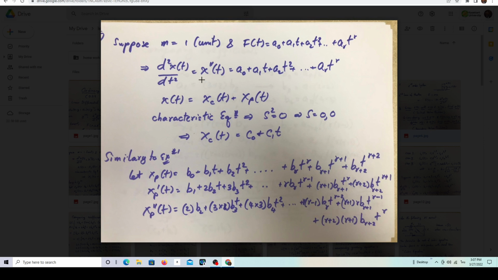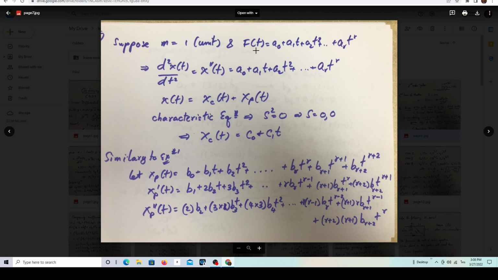So in this case, you know the complementary solution already. Next, you need to find the particular solution. For the particular solution, you look at the equation here. You have the second order here, and this one is what we call the right-hand side function. So we're going to apply what we call coefficient comparison, by substituting into the second order term x sub p of t. And you know that x sub p as a function of t